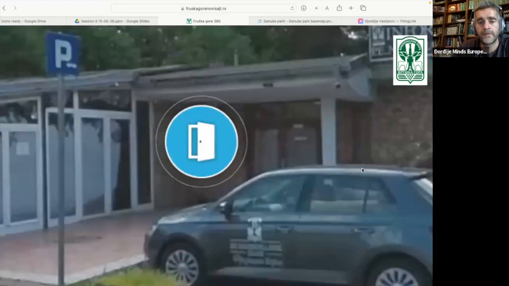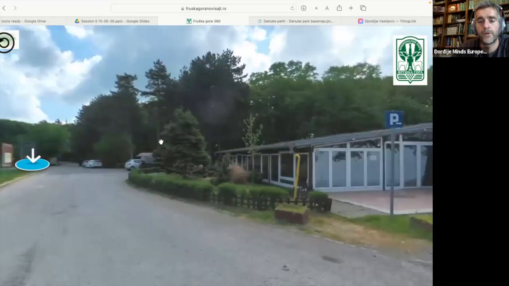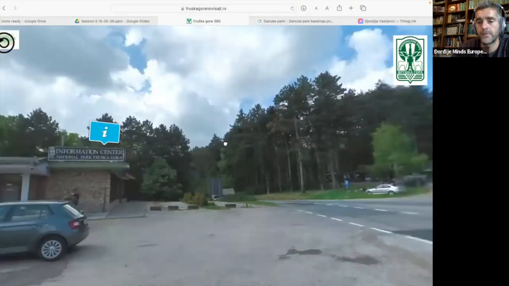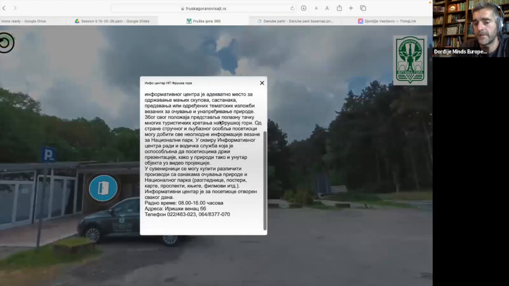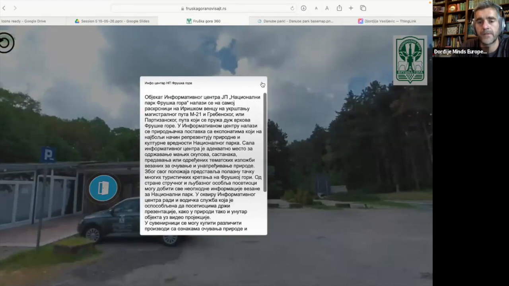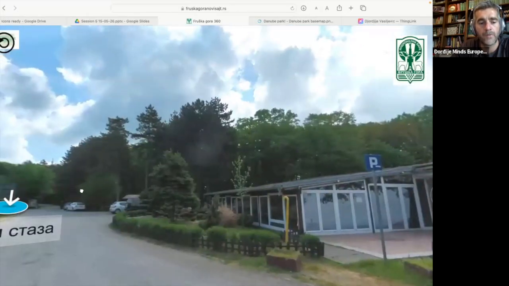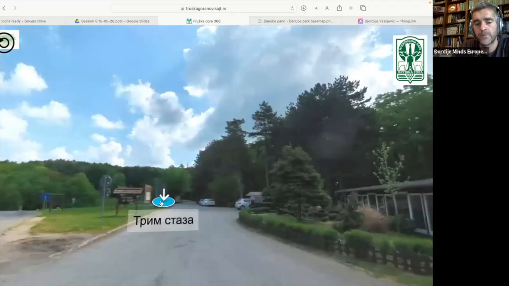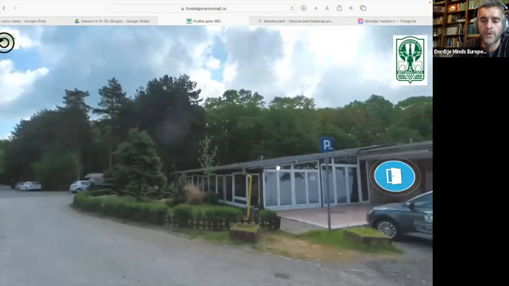And then, of course, when you go to some of them, let's choose the info center, the 360 photo of the info center shows. This is, of course, outside of the info center. There's a label saying what the info center is and all the things about the info center of the National Park. You can go inside, or you can even visit the trail, so we created a 360 tour of the trail. Of course, the trail is some 10 kilometers, so we only took several photos within the trail and connected them in one tour. I will show you that later.